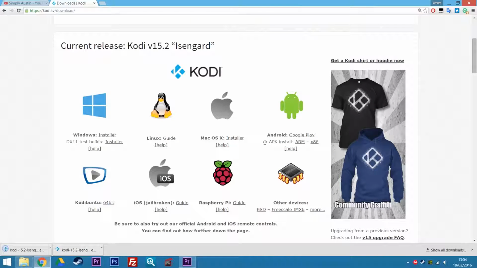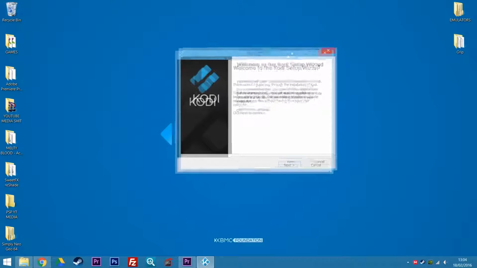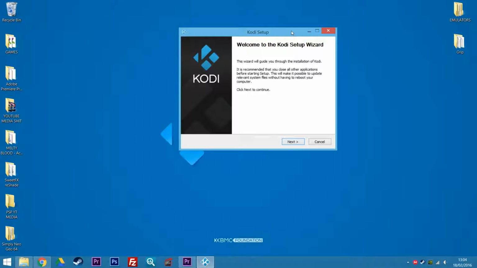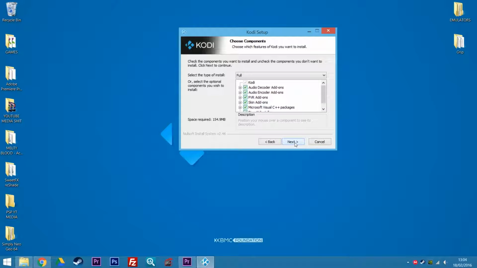Windows is kicking off, and here we go. Alright, let's minimize that. We no longer need it. Alright then, the first thing you do when you click on the executable file when you download it is you'll get a screen similar to this one. Welcome to KODI Wizard Setup. It's not rocket science. I'm sure we've all done this many a time before. Click on everything as you go through.